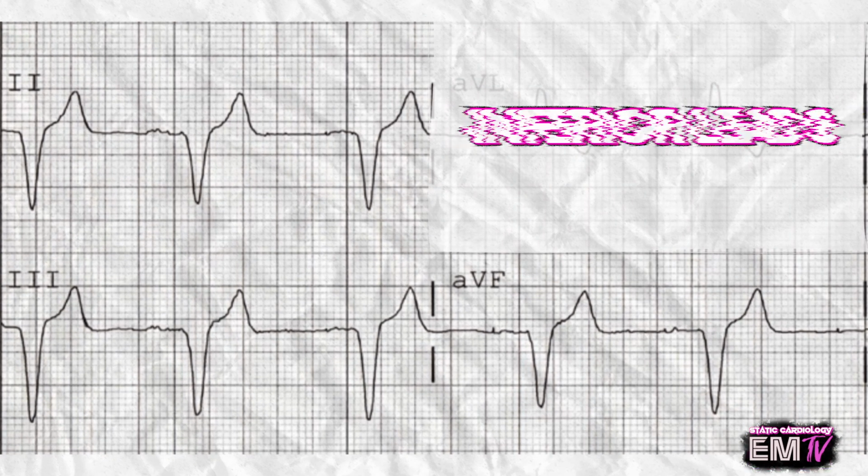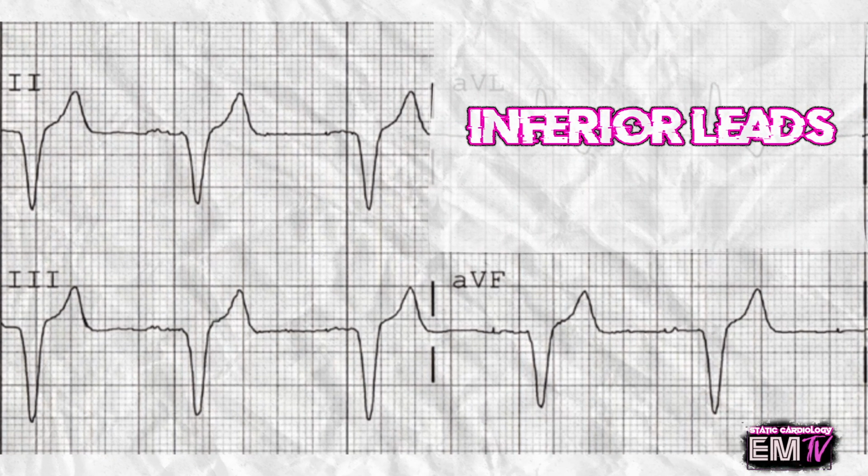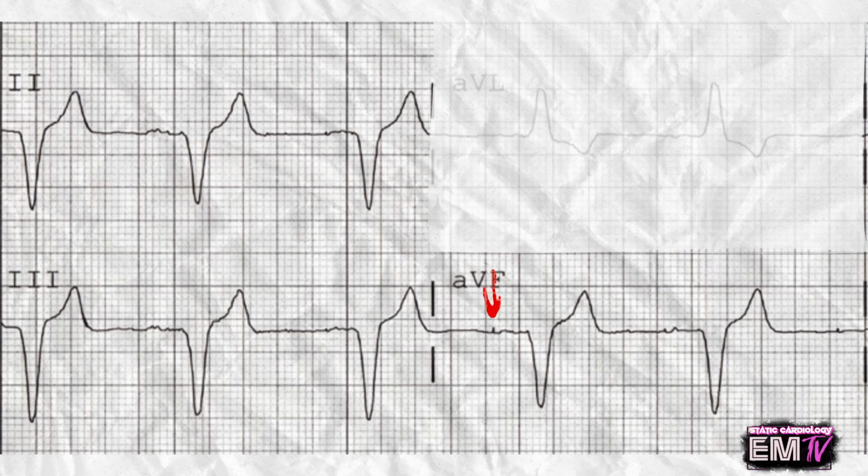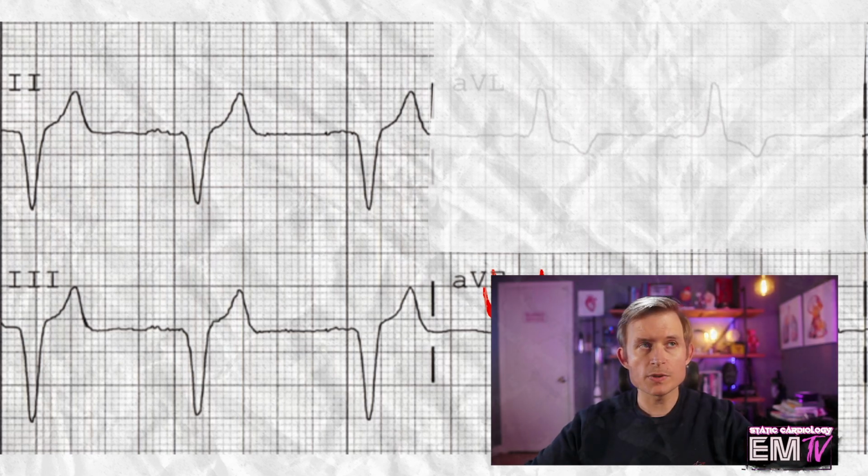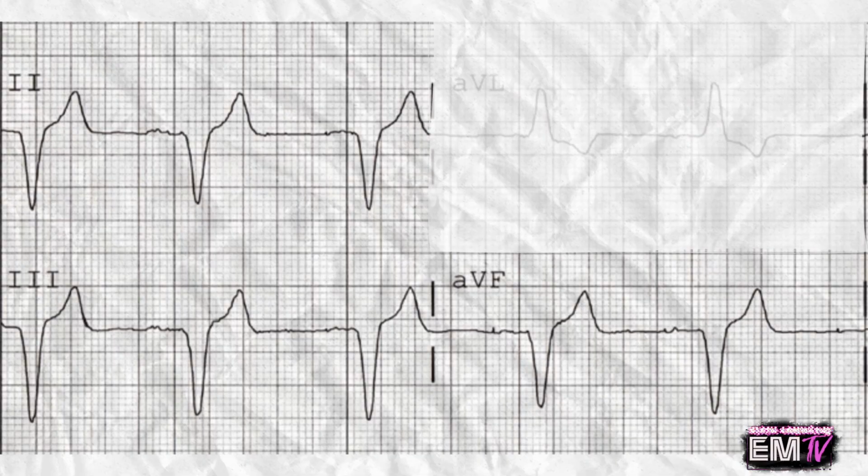In my inferior leads, leads 2, 3, and AVF, I can more clearly see an atrial pacer spike than I can a ventricular pacer spike. However, if we remember from the bigger picture, the entire EKG view, I know that there's a ventricular pacer spike present here. I just cannot see it clearly in this particular view. This is an example of why it's important to look over the 12 lead in its entirety before you make your diagnosis. Let's look at the lateral leads next.